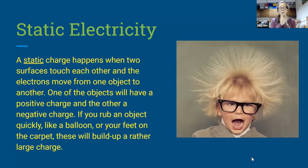All right. Now we're going to learn about static electricity. That's the start, part 1, and then I'll do a little demo for you guys, and then we're going to do part 2, which is current electricity. Well, static electricity is a change that happens when surfaces touch each other, and the electrons, remember